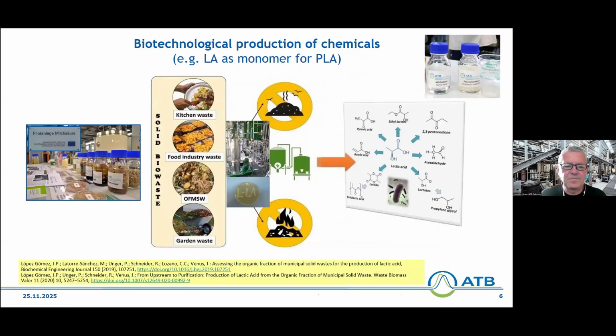So another example for those different wastes we were using, from the left, from the kitchen, from the food industry, from the organic fraction of municipal solid waste. So not the brown bin, this is the very dirty black bin, where we are collecting all the waste, or garden waste. And our idea is to avoid what is still in place, the burning, or also to make